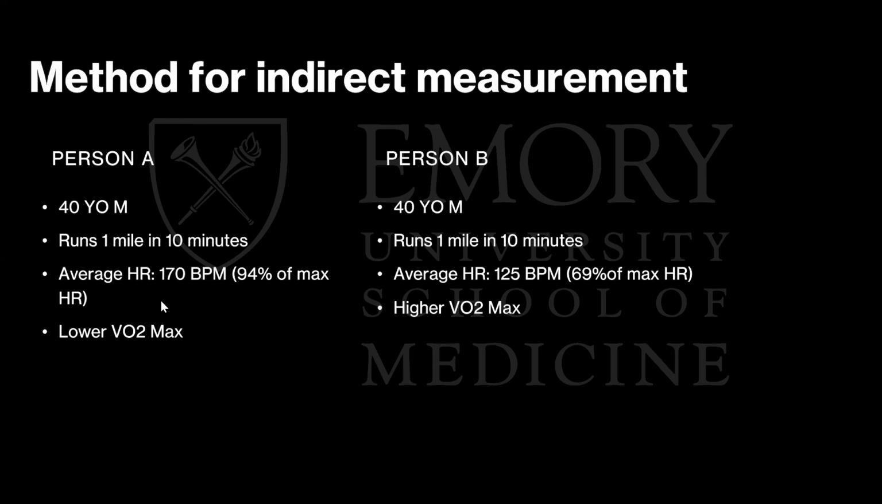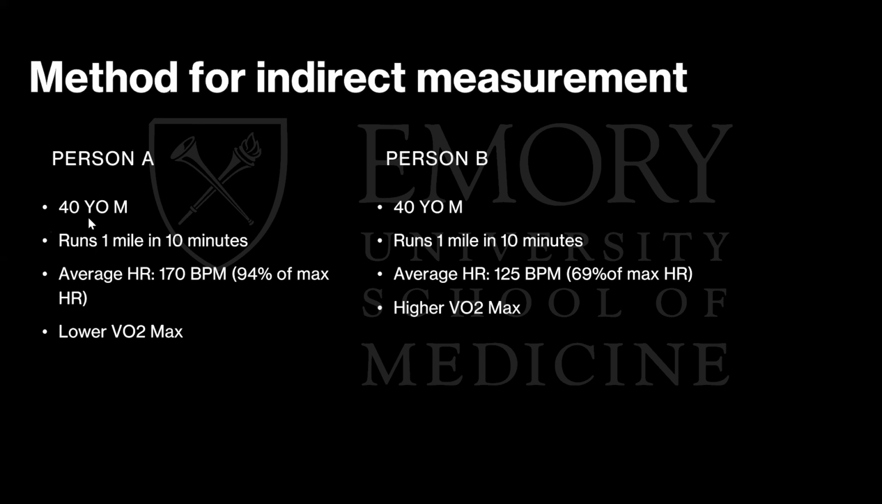But the key is, you see people post all the way on their social media, "Oh, I just ran this amount of time, I ran this distance," but they never post heart rate. And heart rate is actually the most important piece, because that's how you're able to calculate the person's fitness. So you can see for person A here, even though they ran in 10 minutes, their heart rate was 170 beats per minute on average throughout the whole run, which represents about 94% of their max heart rate